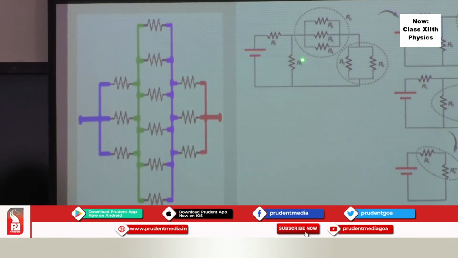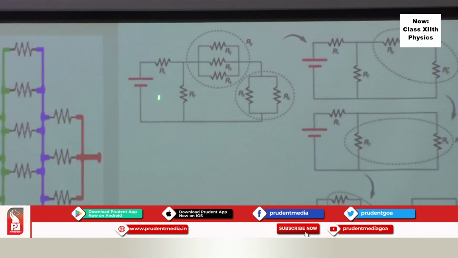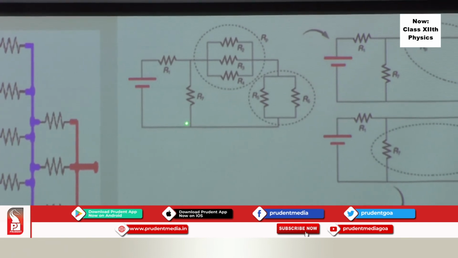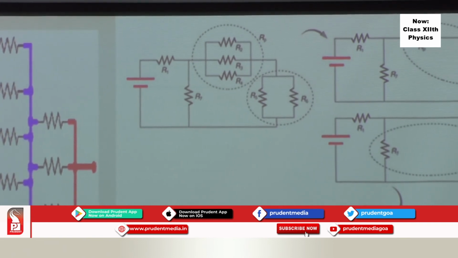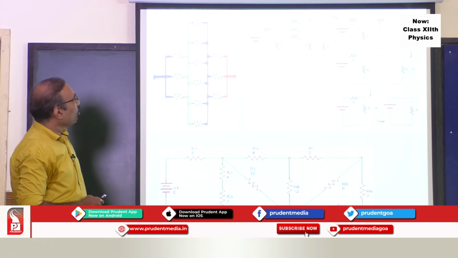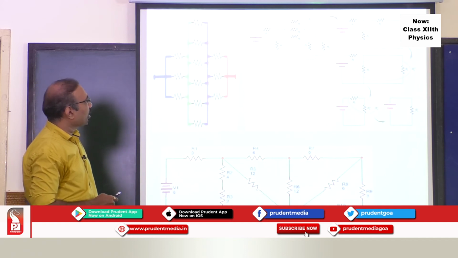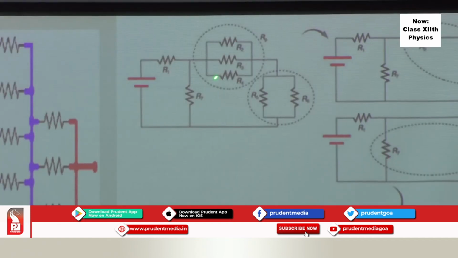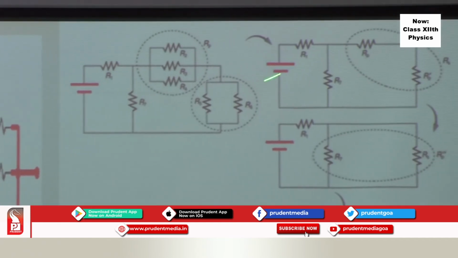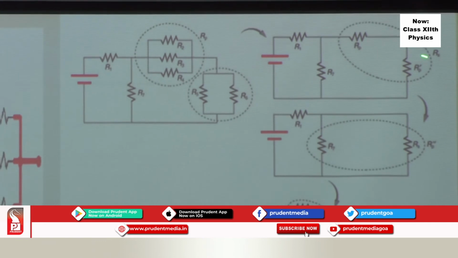See this particular example, which is almost solved, not by taking the values, but you can understand how to solve. Suppose this is a circuit. Now if you want to find out the equivalent resistance of this circuit, or the main current in the circuit, then you can solve it. You take these 3 resistances in parallel, find out their value. Take these 2 resistances in parallel, find out their value.